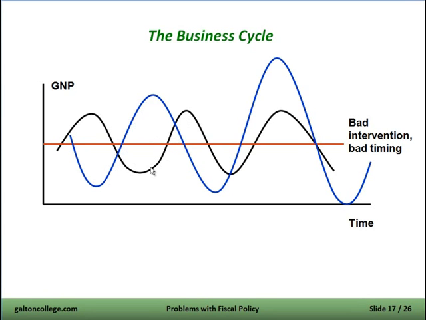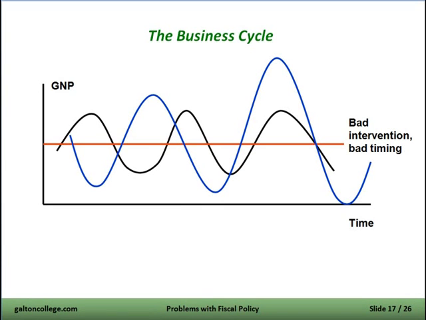And you can see the amplitude of this cycle is becoming bigger. Here was the amplitude before, more or less constant. Now it's getting taller, and it's getting deeper. So the recessions are getting deeper because the intervention is wrongly timed. And here, it's very high. And then we have a real slump. That's because the intervention was at the wrong time. Now, the government couldn't foresee that. So the best thing for the government is not to intervene, to leave the cycles alone. That's the argument against Keynes that some economists levy.